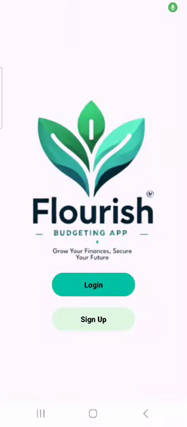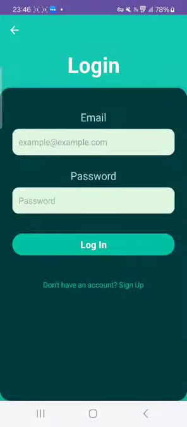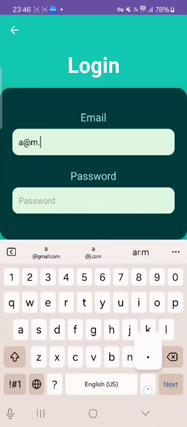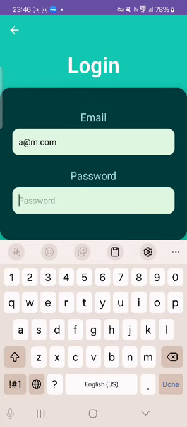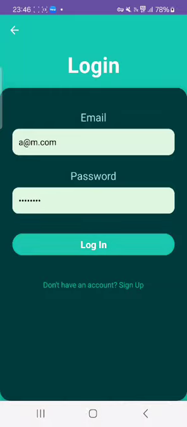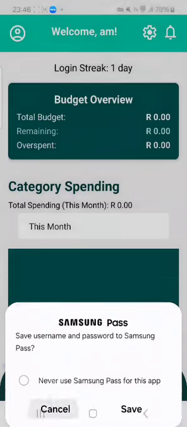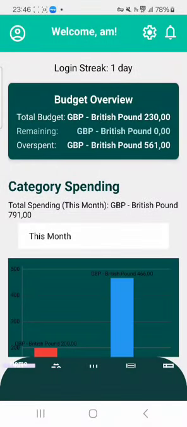This is the Flourish Budgeting app homepage. From here, users can log in or sign up. So I will use some login details that I had from before. This uses Firebase authentication. Once a user is signed up or logged in, they are taken to the dashboard where